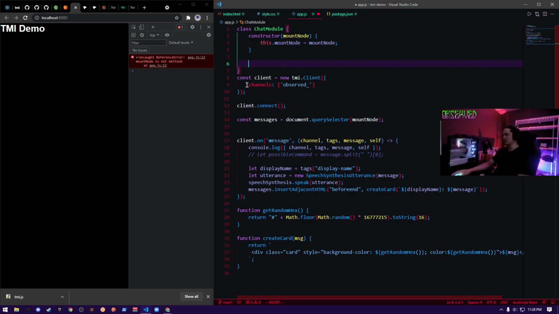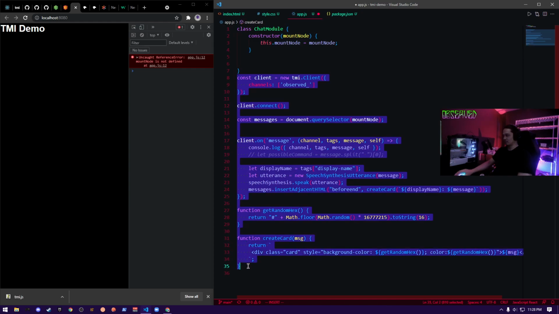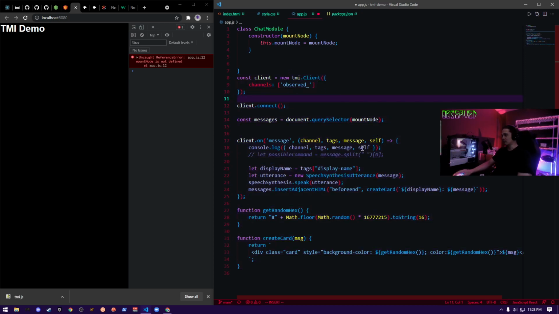So you could import this class and then just start using it instead of messing with this. We abstract away all the logic and create a new instance. Usually there's a config object that you pass in there with all the things you need, for instance, a mount node.